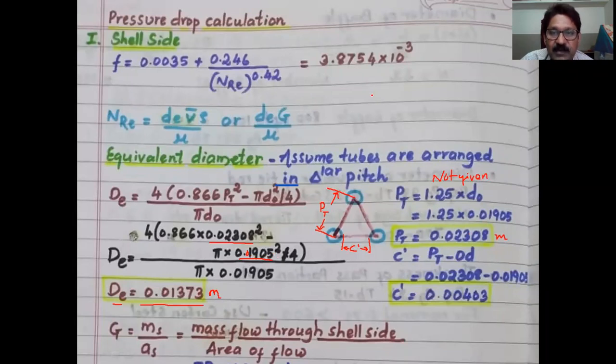0.01905. Otherwise you will lose consistency. So 19.05 into 10 to the power of -3 would be better if you want to write like this, because if by mistake you miss the 10 power, you are gone. So be careful. I have made a mistake, you can see it, and the same thing will happen in your calculation also. In design, all the values should be verified twice, and use your calculator. Write the value once you get the answer. It is coming 0.01178. Is anybody getting this? No.